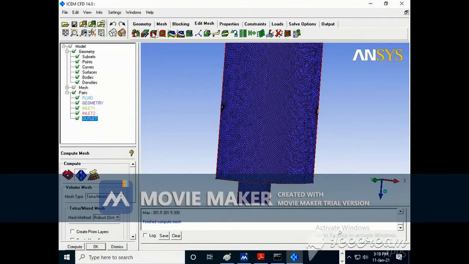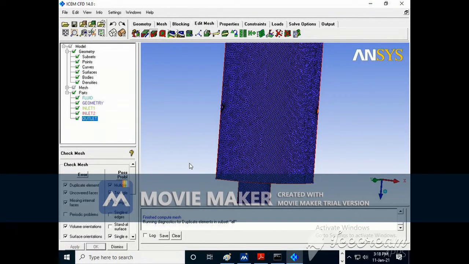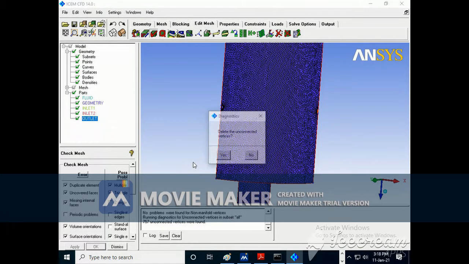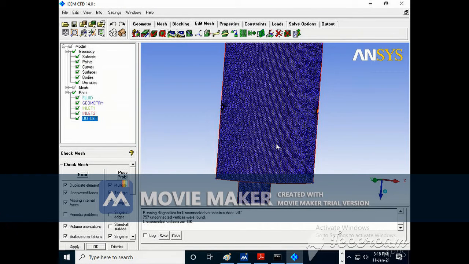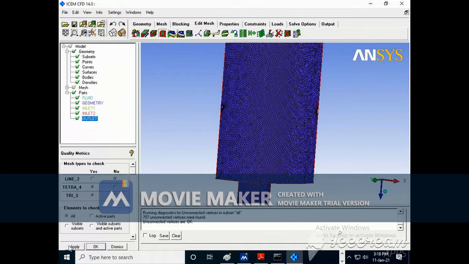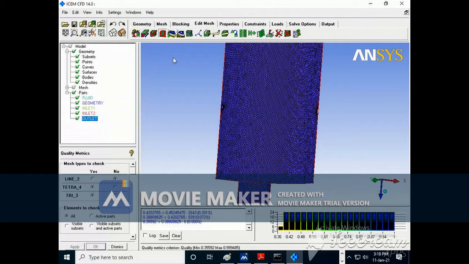Then go for edit mesh, check mesh, apply. Delete unconnected vertices, go for quality mesh, apply. 0.36, that is good.